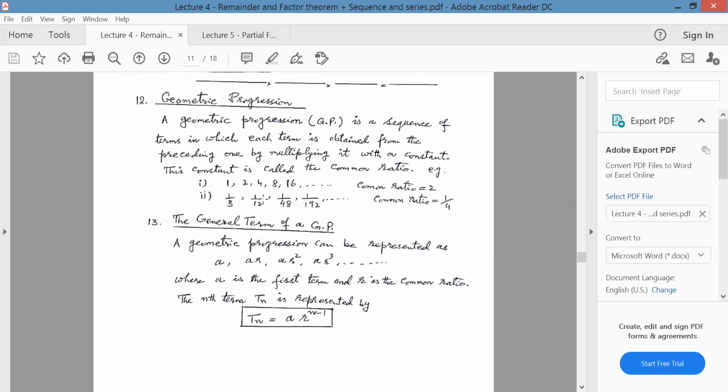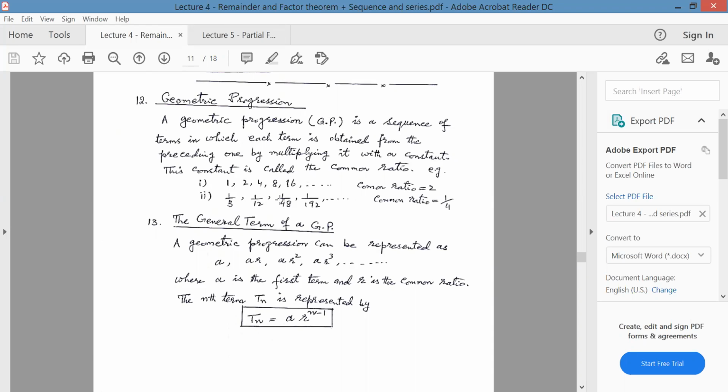In geometric progression, how do we get the next number? We get the next number by multiplying the previous number by some constant. And here that constant is known as the common ratio. If a series is given, how do we get the common ratio? By dividing the next number by the previous number. आप किसी भी एक टर्म को लें और उसकी previous term से divide कर दीजिए. That will be a constant. That constant is the common ratio in a GP series.